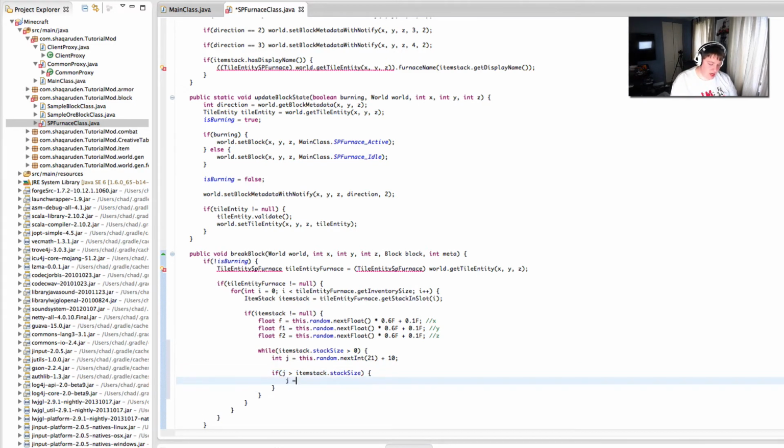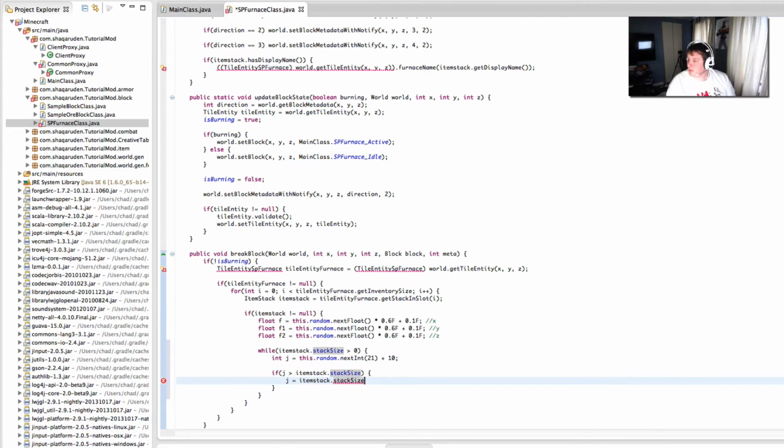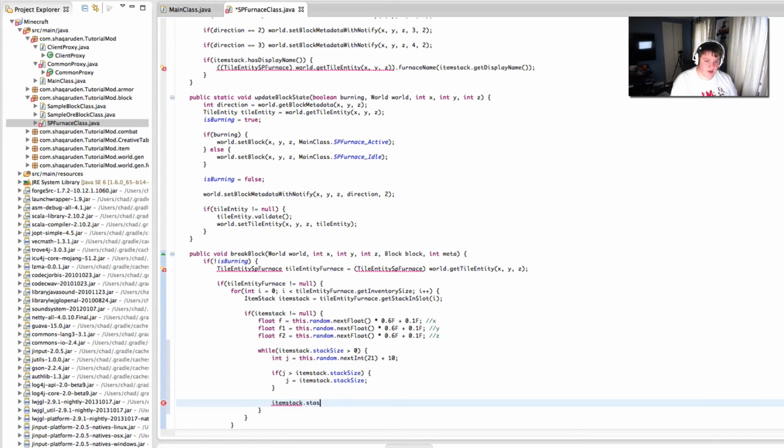We're going to make j equal to item stack dot stack size, and then going out of that if statement, we're going to go item stack dot stack size minus equals j,